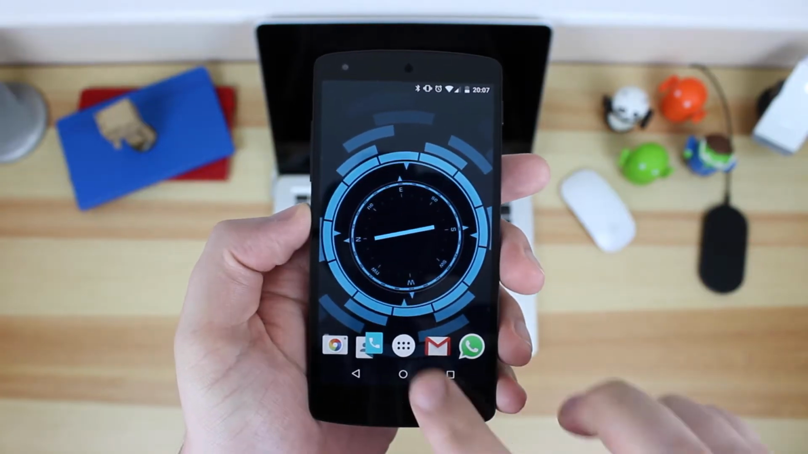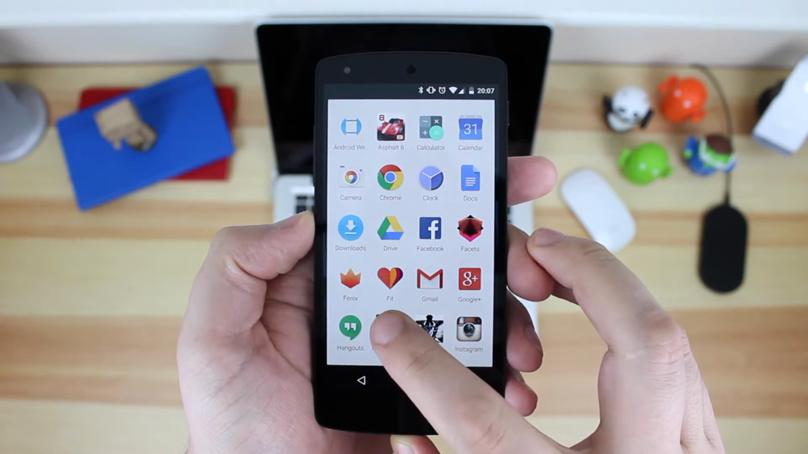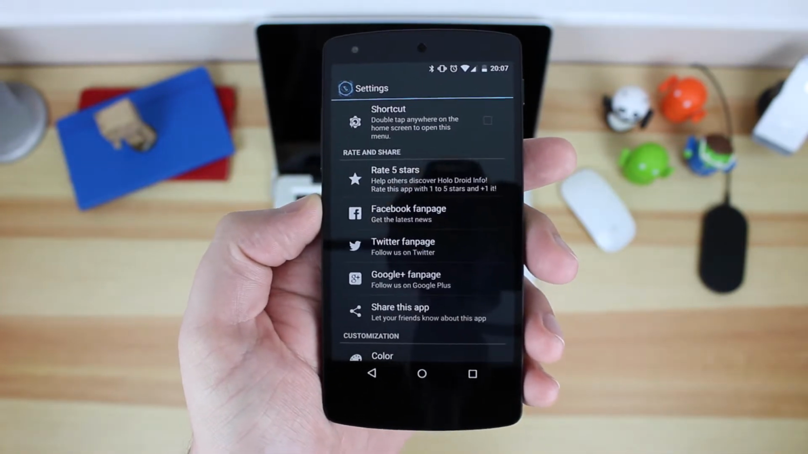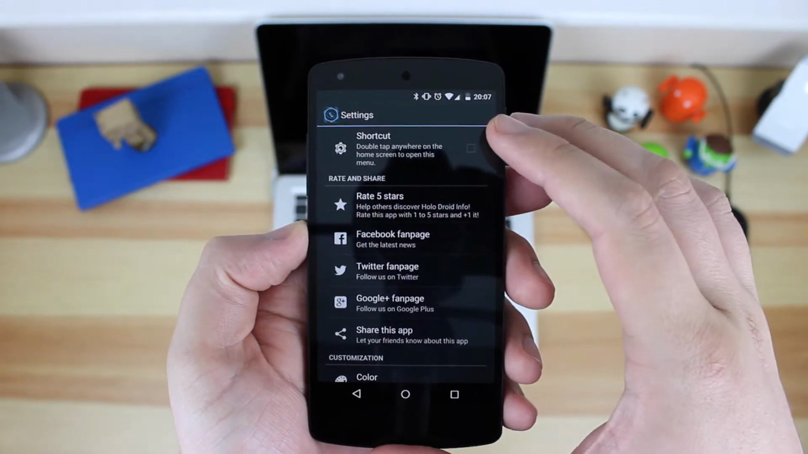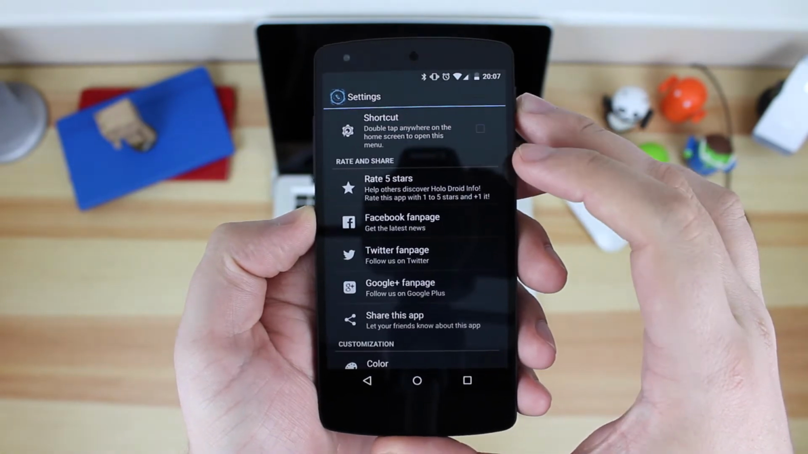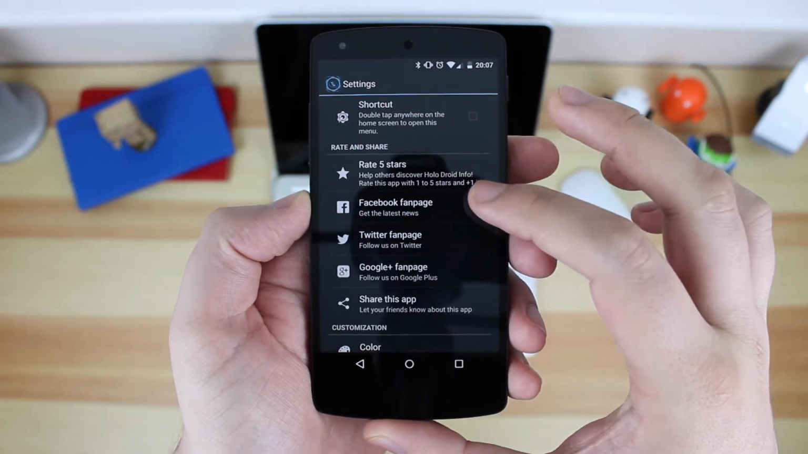Just to let you guys know, this application is completely free for the standard version, although if you do want to change some of the colours, which I'll show you in a bit, you are actually going to have to pay $1.49. So as you can see, in terms of the settings, you've got quite a lot of information here